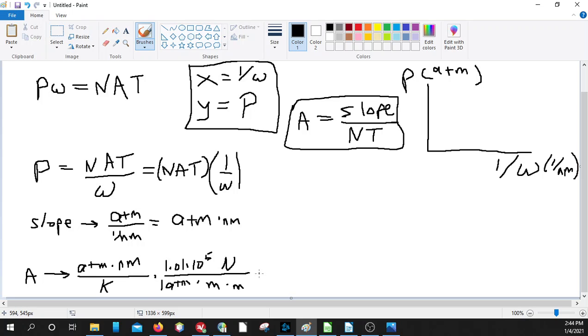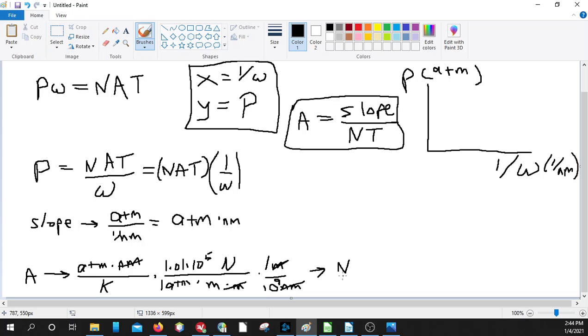And we also know that 1 meter is 10 to the 9th nanometers. So let's cancel some things out. Here we can cancel out one of these meters. Here we can cancel out nanometers. So if we multiply by these conversion factors, we have